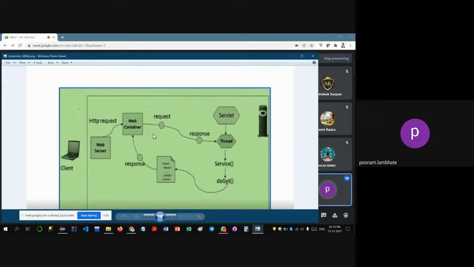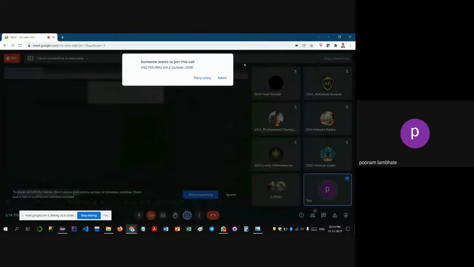So depending on the method of accessing, it may be either a get method or it may be a post method. There's a difference which you can understand in these two methods by looking at the URL of a website. So if it is a get method, in the URL there'll be some changes. If it is a post method, there'll be some changes. So depending on which method, either post or get, accordingly, you will call either the doPost or doGet method. So these methods will be called,